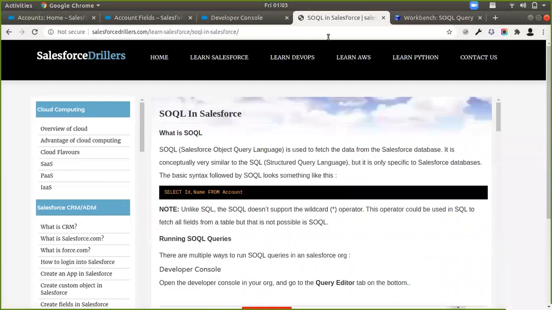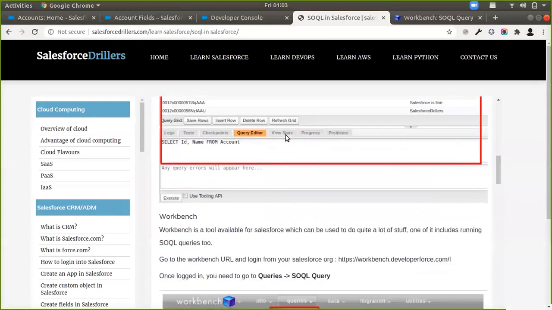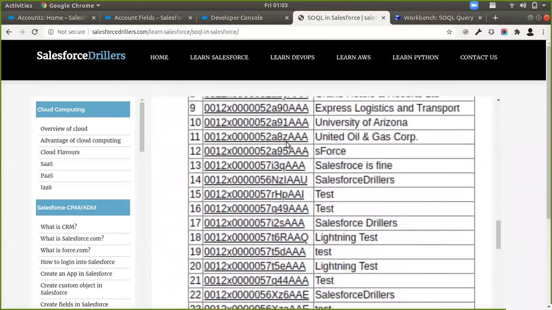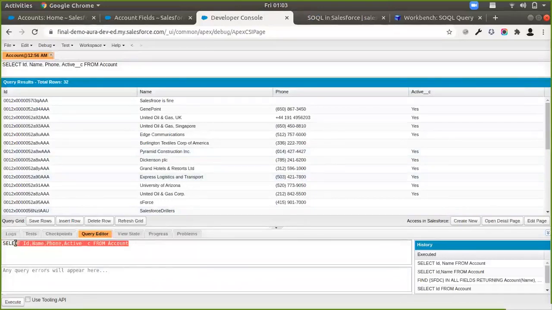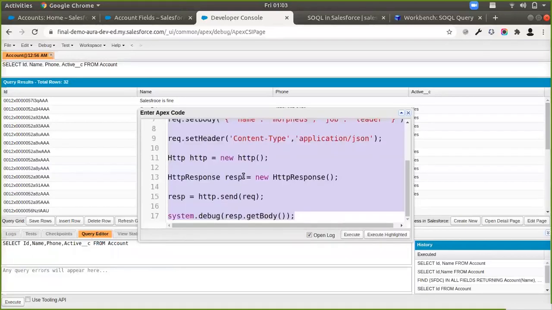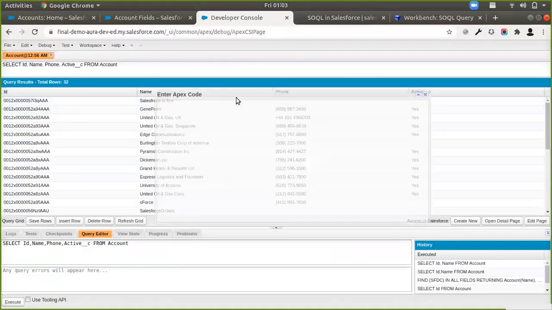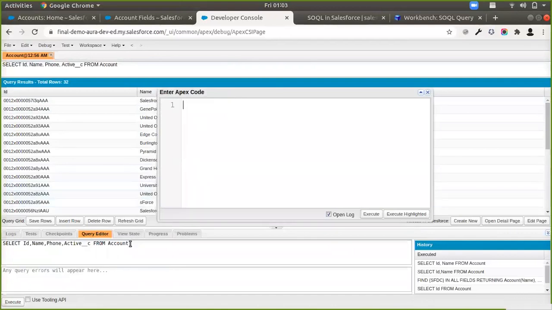Alright, so after you have learned how to run queries with Workbench too, the next step is seeing how you are able to run this query in your Apex classes, or in your Apex. Since you need to know how to run this in Apex, it's not always going to use this query editor. So in order to do that, let me open my anonymous window, since this works with Apex. Basically, any queries that you write here work in Apex inside of square brackets, like this, and a semicolon.